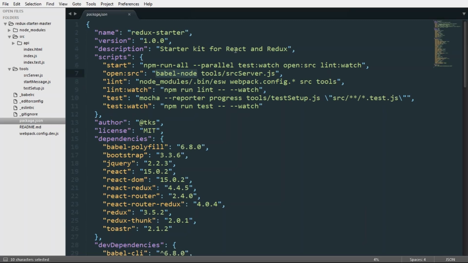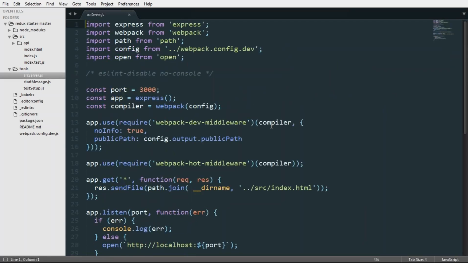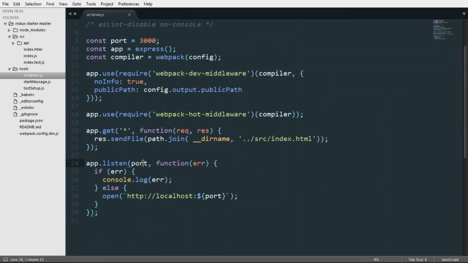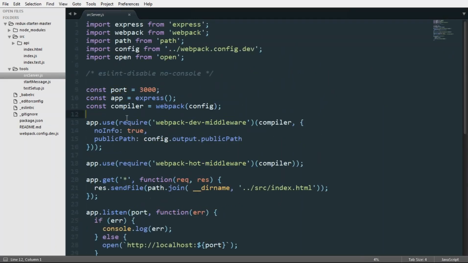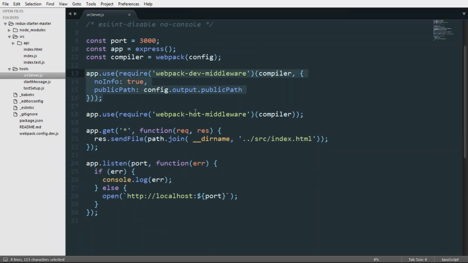And here we are just specifying this server. So this is just a simple server here, tools server, which is just an Express server. So I'm using the Express server with Webpack to deploy my application on localhost. I'm just registering this Webpack Dev middleware, and I'm just listening on this particular port which I have defined in the configuration. In Express, we get the Express instance, then we are registering the middleware, Webpack hot middleware, and I'm just compiling the complete code.